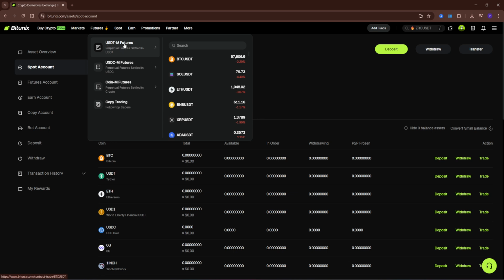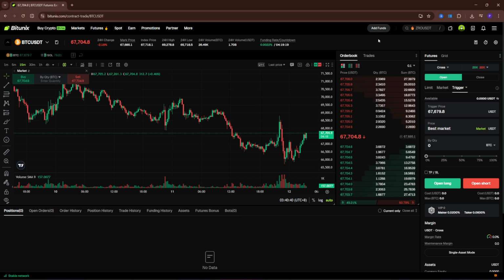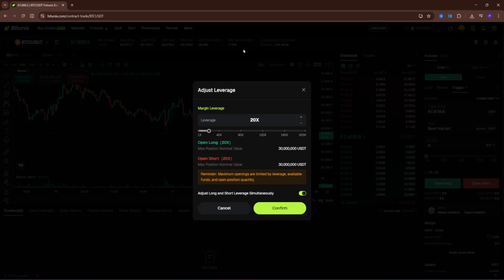Click on this like so. And right here we are at the same place as we were in previous videos, but with one little twist. Right here at the right side, in the future, you will see 20x, green and red. So what that means, click on this and you will see that this is basically the adjustment